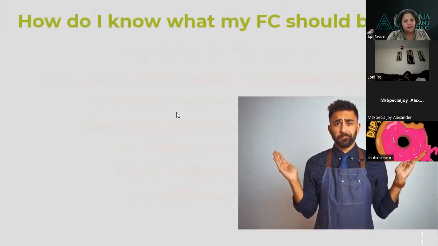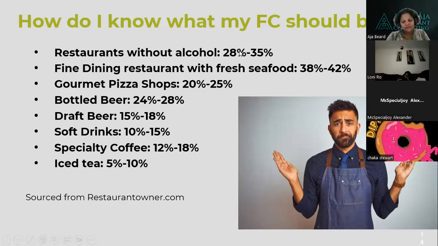Okay, so let's talk about just some general percentages on what food costs should be. I kind of share with you, restaurants are usually between 25 to 35. Some, like fine dining restaurants, are a little bit higher. Pizza shops have great margins. These are beer, drinks, soft drinks. But these are just some general numbers to help you if you're calculating something, like if you've got a soft drink on your menu, what that percentage should be. And this all comes from restaurantowner.com, which is a great resource. You can also use that if you want to look up some other statistics for our industry.